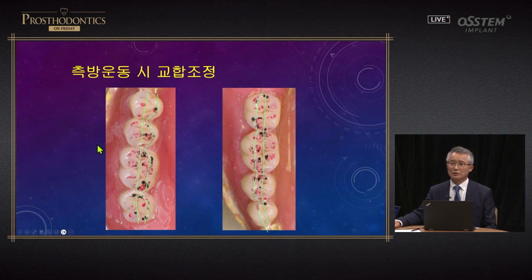To give you a simple explanation, there's the central groove and following the functional cusp ridge. From the central groove on this side in red are all working side. Following the functional cusp ridge, we can draw a line, and everything in between is balancing. Everything on this side is working side. This is the criteria. On this side of the functional cusp, it's working. In between, it's balancing, and on this side, it's working.